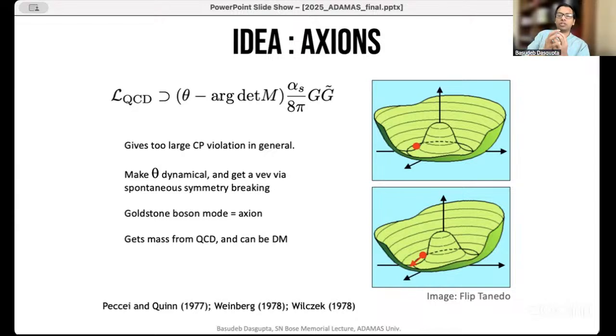They're always packaged, just like how electron, proton, and neutron are packaged into an atom. Similarly, quarks and antiquarks are packaged into mesons, and three quarks are packaged into a baryon. So the proton is made of three quarks, UUD, and the neutron is made of three quarks, UDD. In fact, to be precise, there are something called C quarks and so on, but let's not go into those details. So our known hadrons are made of these quarks, and these quarks interact through QCD.